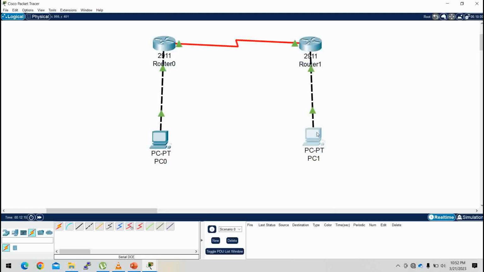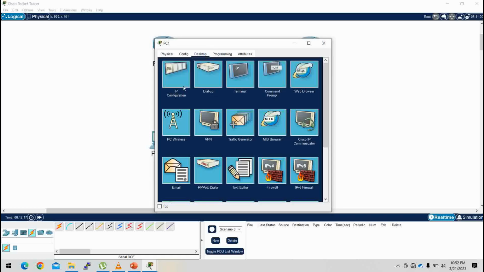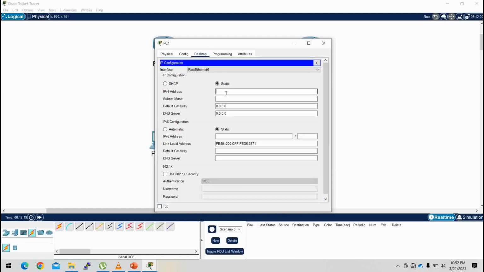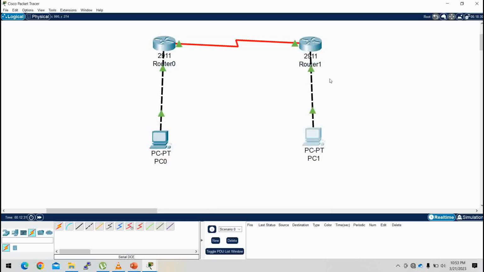Okay, so on the other side also, this is a class B network: 172.16.0.2, 172.16.0.1, and this is the default IP. Okay, now we have to